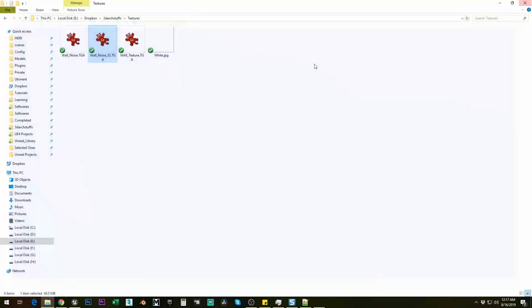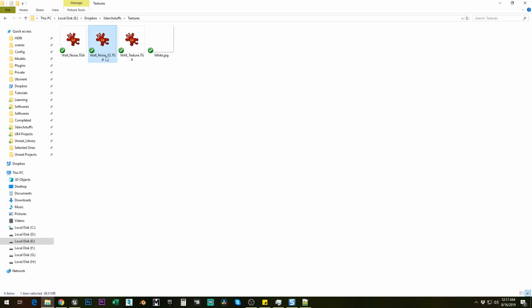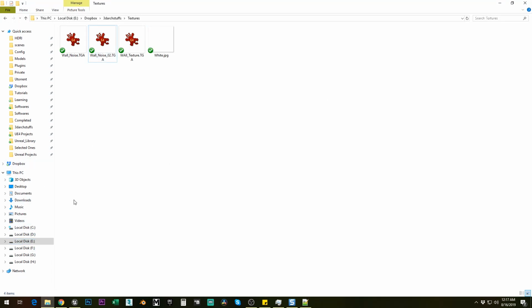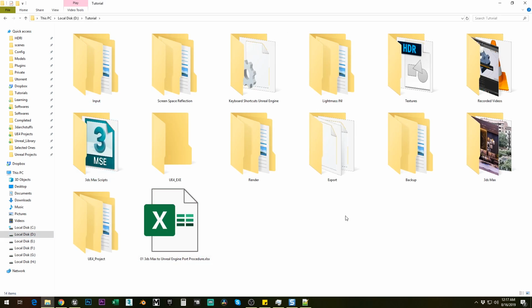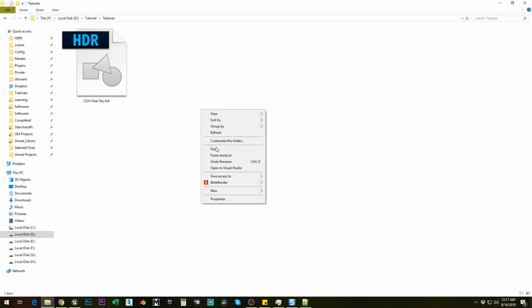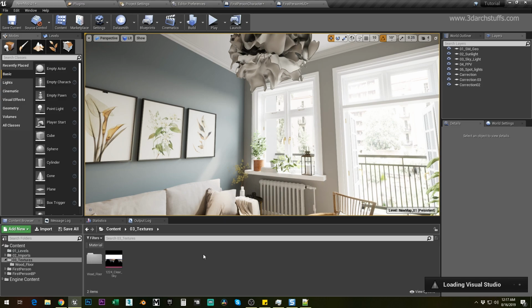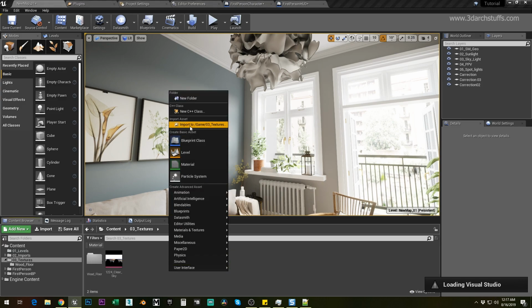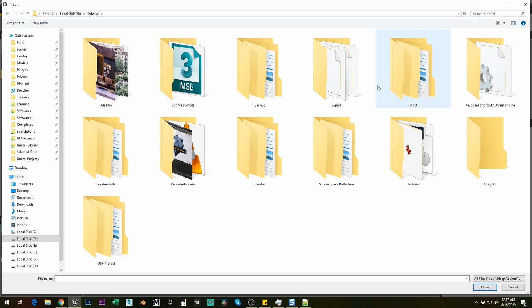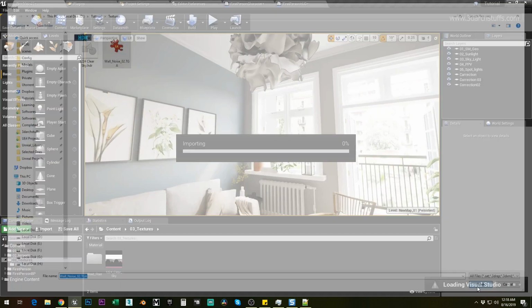Yeah, this sounds good. Yes, let's copy this, and then I will go in D drive. I will give those textures to you all. Now I'll right click and import in D drive tutorials, and then in textures I will just import that wall noise,